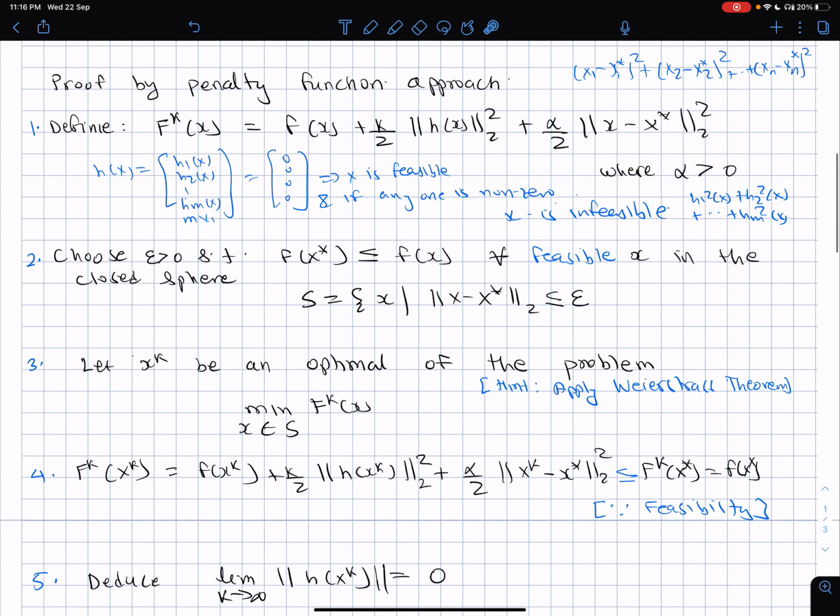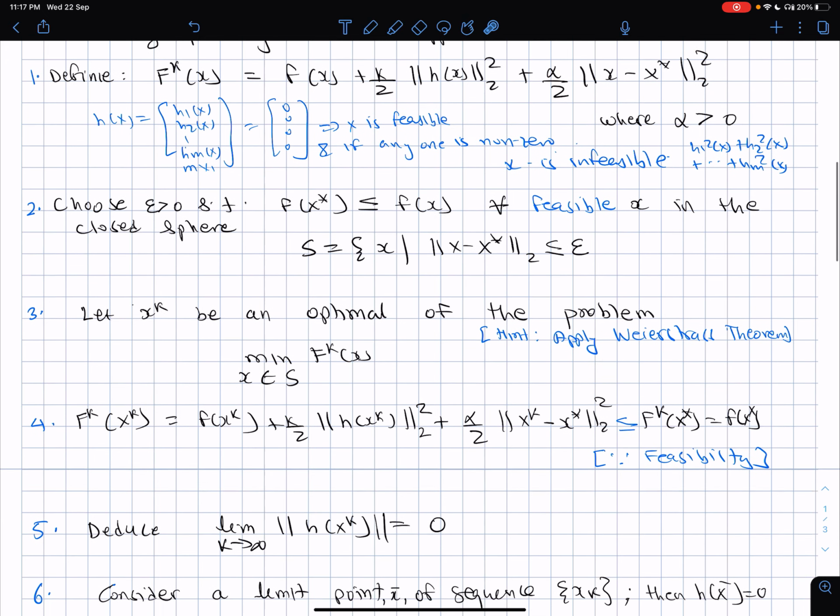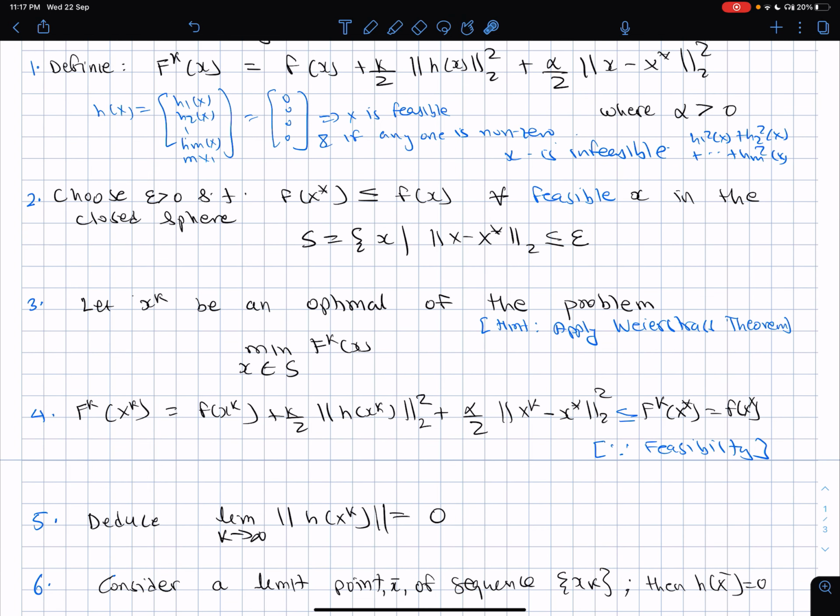Okay, so now you have understood why we use a penalty function. The idea is to approximate a constrained optimization problem by an unconstrained optimization problem and solve that. The larger the penalty, the more closely you are solving the original problem. And this one is only for the technical reason of the proof, that we want x to be attracted to x star. But if you are actually developing an algorithm, you won't know x star, so this term will not be used. Okay, so we have taken care of the first step.